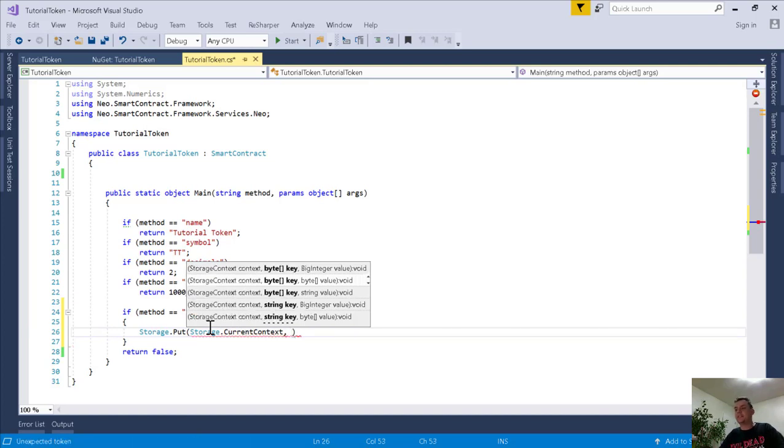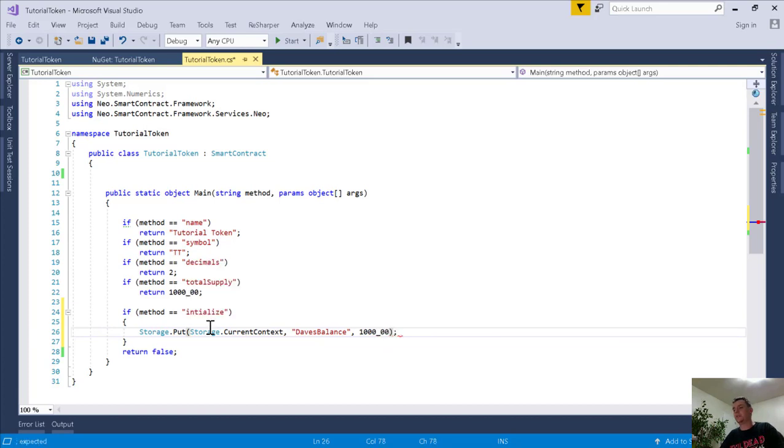So the next thing this takes is a key. So I'm going to call this Dave's balance, and it's going to take a value. So I'm going to put in there the value of our entire supply. So now I've got a balance in there,